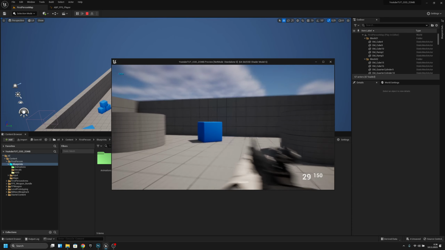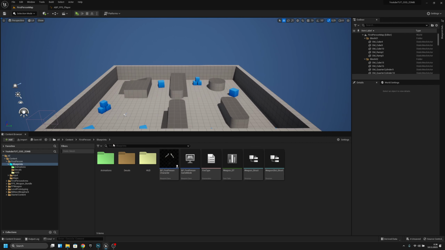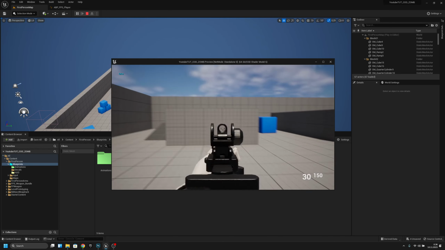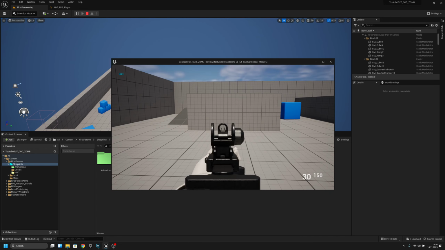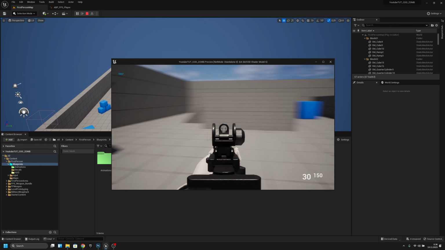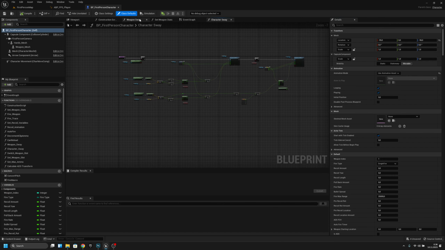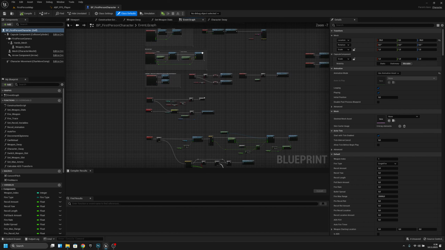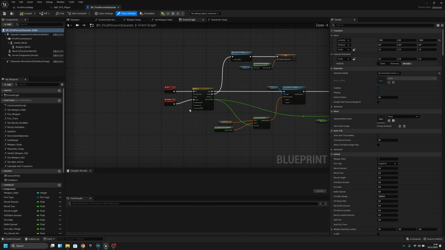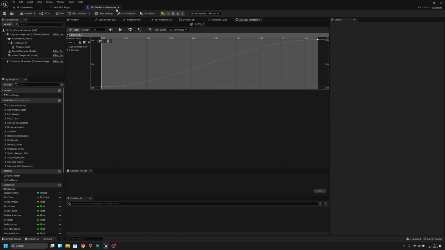oh, I forgot one thing. Okay, we have to go back. One thing we have to do, because now our ADS timeline speed is like how much, like 0.15. Let's check how much it is. Where is it? ADS. This one. This time is like 0.15. So